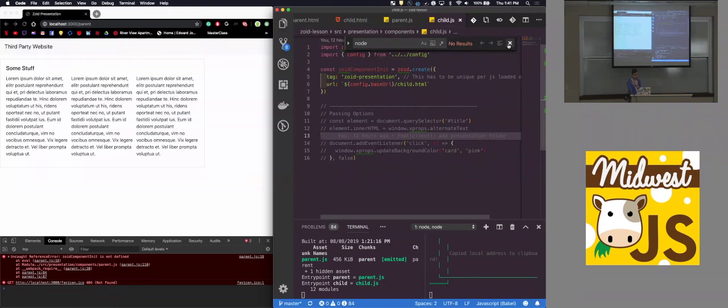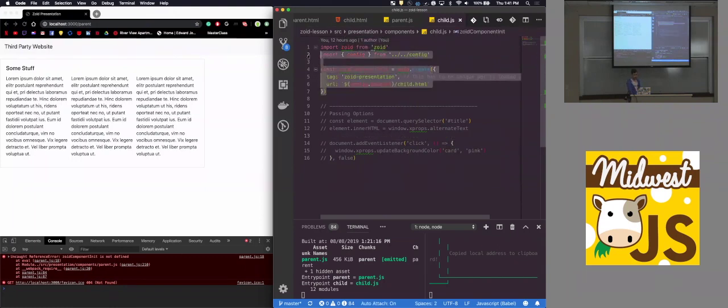So in the child.js, we import Zoid, and we do this thing called Zoid create. Zoid create gives you back a function that allows you to initialize a Zoid component. And when you create it, you want to give it some sort of tag and then a URL to what your experience is. The tag is important because the tag allows you to basically namespace your communications between the two